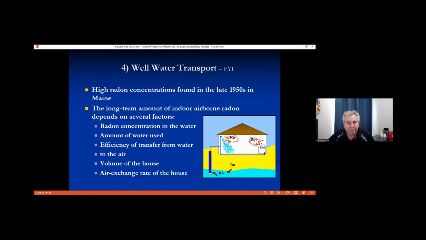The appliance that outgases the most essentially is your dishwasher, because you're using a lot of very hot water, and secondly, you're agitating that water inside the machine. Washing machine, washing the clothes, same thing. You're using hot water and you're agitating that water. So these are two appliances that outgas a lot, usually.